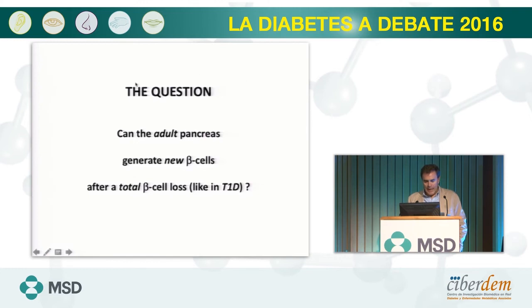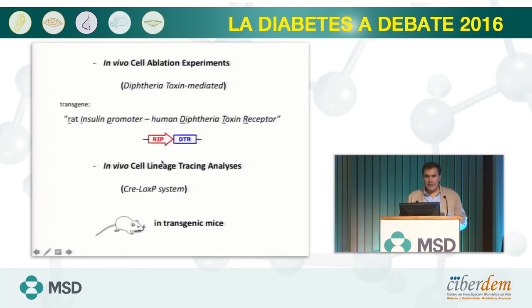So it all began with this very simple question. We wanted to determine whether the adult pancreas in an adult mouse can generate new beta cells after their total destruction, like in type 1 diabetes. And to do that, we followed a conceptually simple experiment, which is the combination of the in vivo cell ablation, the destruction of beta cells through the use of the diphtheria toxin,